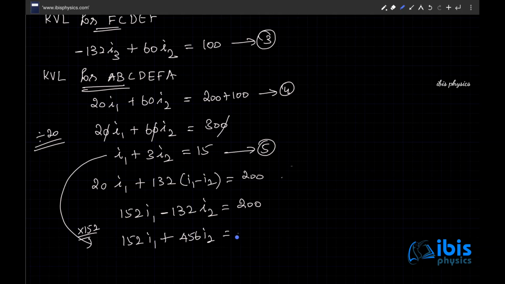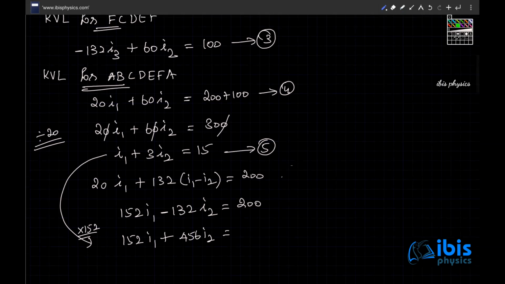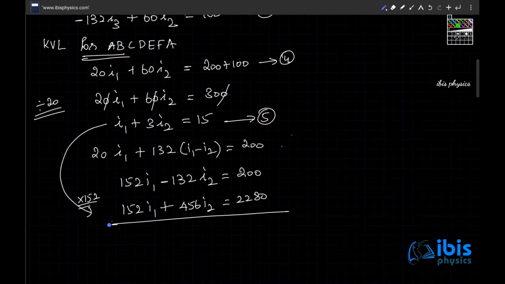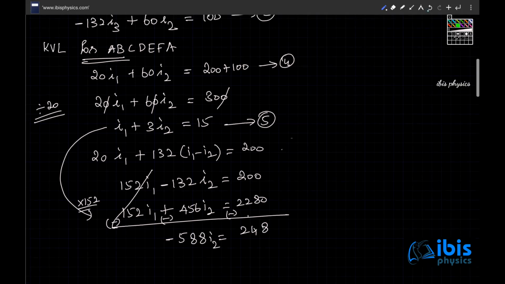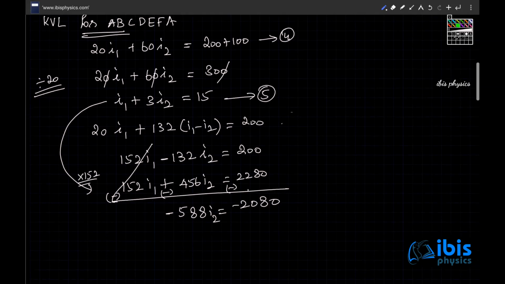So 15 into 152 equal to 2280. When you solve this, you will get I2. So it is subtract. When you subtract this, these two will be cancelled. So 456 minus 132 is 324, 152 minus... 588 I2 equal to 2280 minus 200, which is 2080. Then I2 equal to 2080 divided by 588 will give you